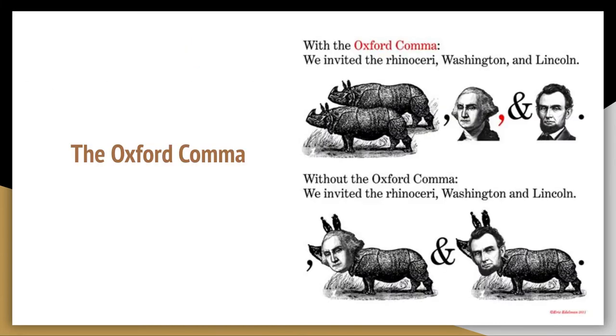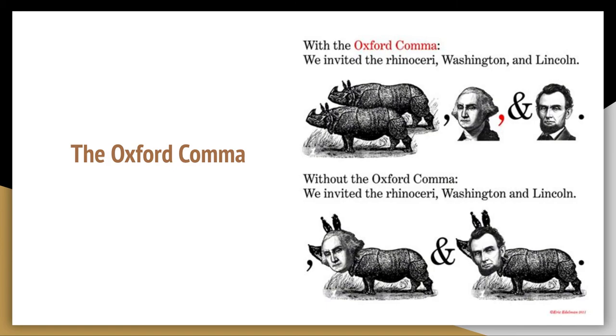Let's pause for a moment to continue talking about ways to use commas to separate 3 or more words or phrases in a list. Who here knows about the Oxford comma? The Oxford comma, or the serial comma, is the final comma that appears in a list of things. It is used before words like "and" or "or" in a list of 3 or more items. While there has been some debate about whether or not the Oxford comma is needed, it's best to use it for the sake of clarity.